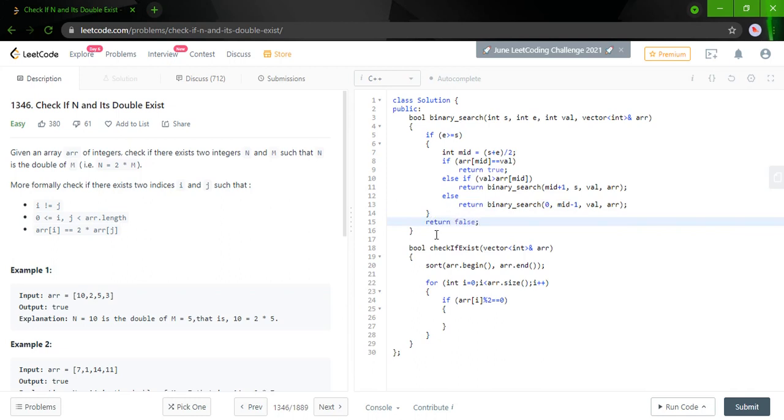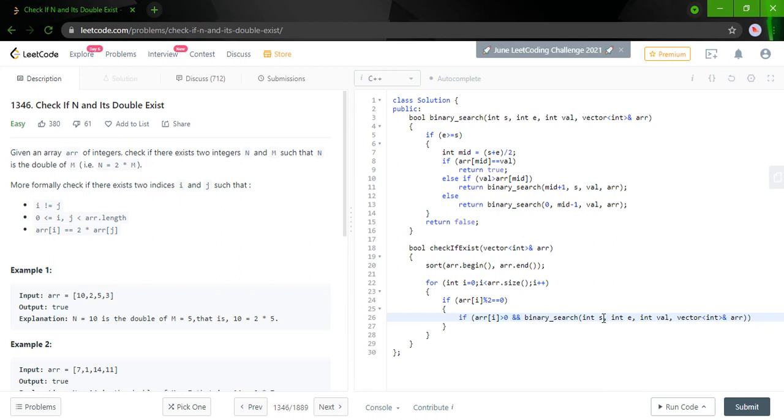Okay, this is the simple binary search algorithm. Now comes the interesting part. If arr of i is greater than 0, and, to avoid spelling mistakes, guys, if it is greater than 0, then the half is also going to be greater than 0, and it will be less than the current value, arr of i.